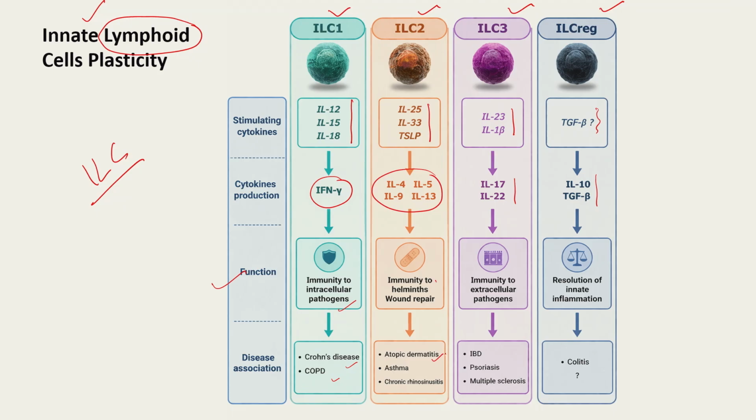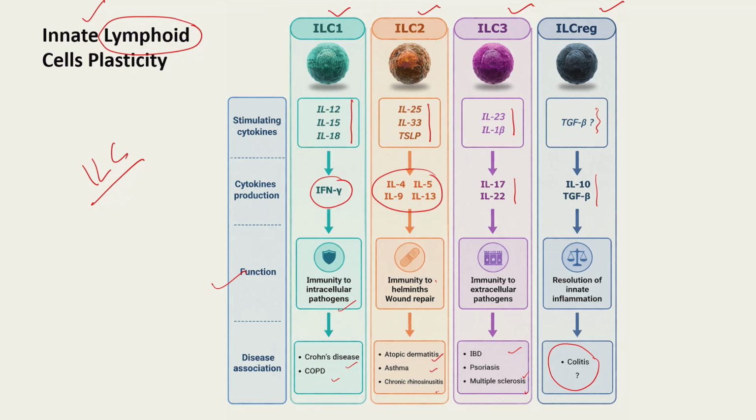So atopic dermatitis, asthma or chronic rhinosinusitis are conditions where we can see the involvement of the ILC2 cell population, while psoriasis, IBD and multiple sclerosis are exactly the targets for the ILC3 cell population. The function of the ILC regulatory cell population is not clear, but people have shown that it has a very high role in colitis, which is an inflammation of the colon, and we can see that a large share of the T regulatory cell population is mostly towards